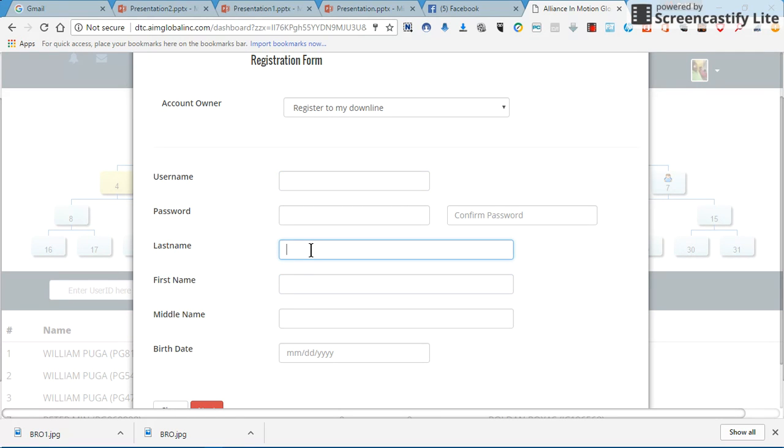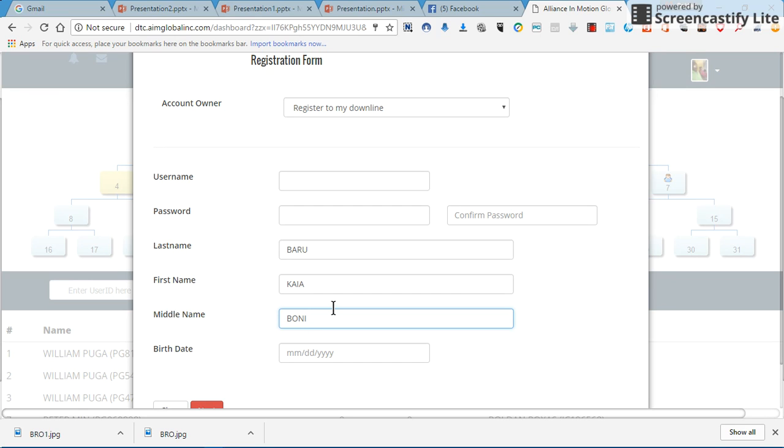His last name is Baro. First name Kaya. Middle name is Boni. Right?